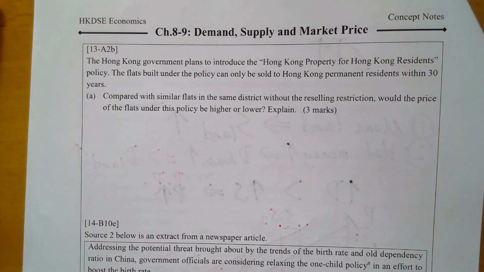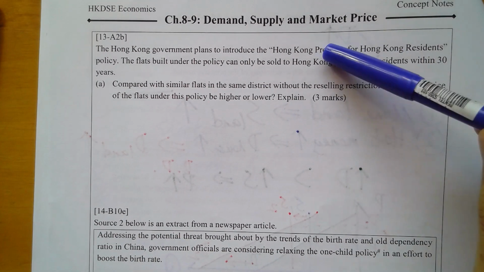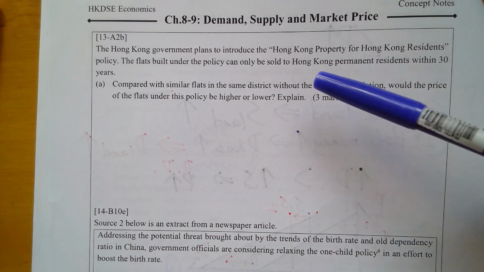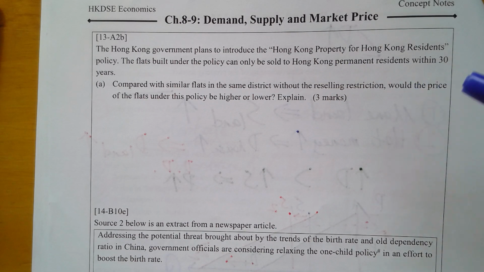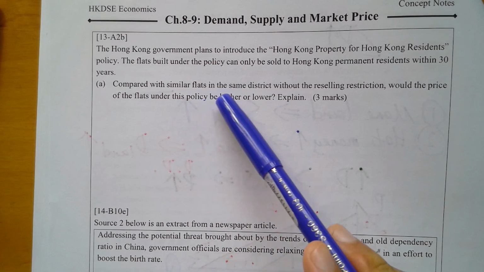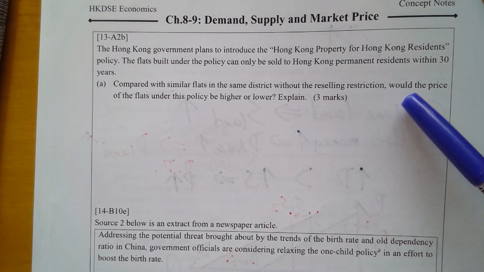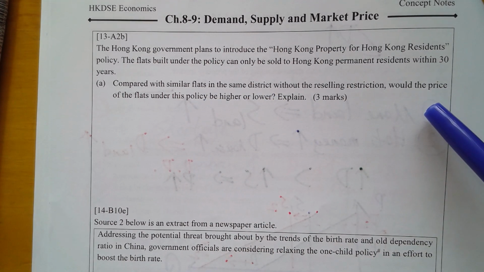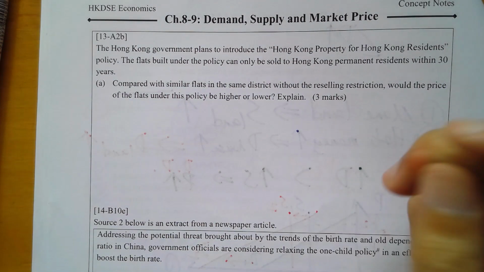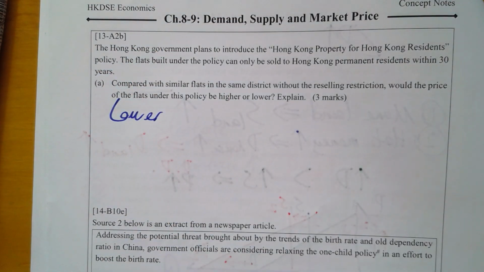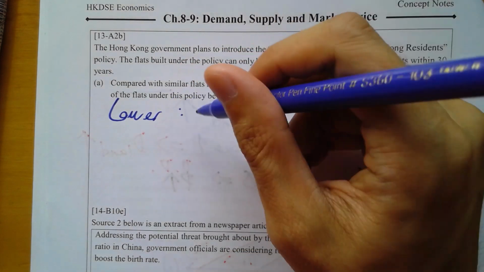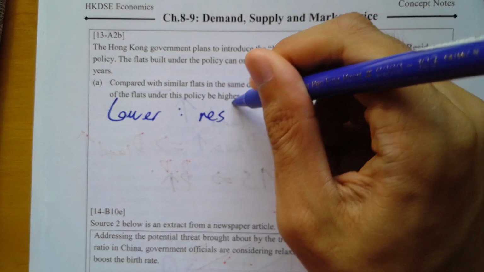Now, the Hong Kong government, they plan to introduce 港人港地, okay? Now, can be sold to Hong Kong permanent resident within 30 years, all right? Now, compare with similar flats in the same district without reselling restriction. Would the price of a flat be higher or lower? Explain. I think you all know the answer. Would be lower, right? The reason is simple. Because with the restrictions,